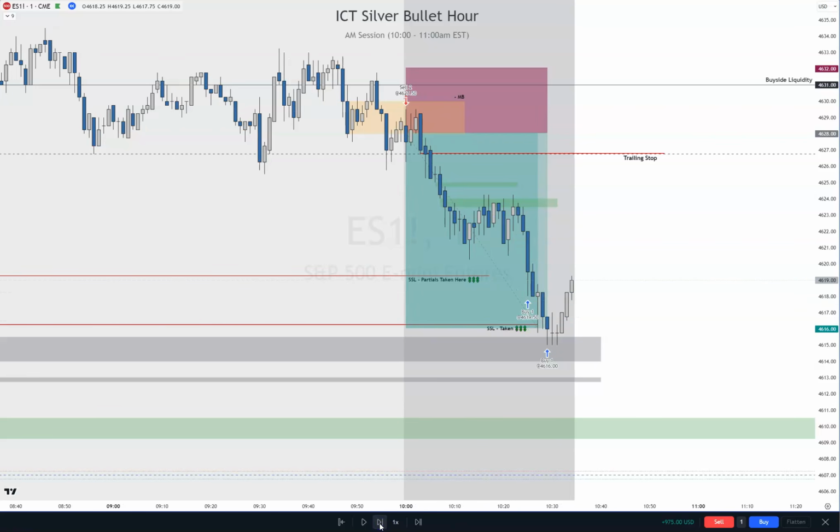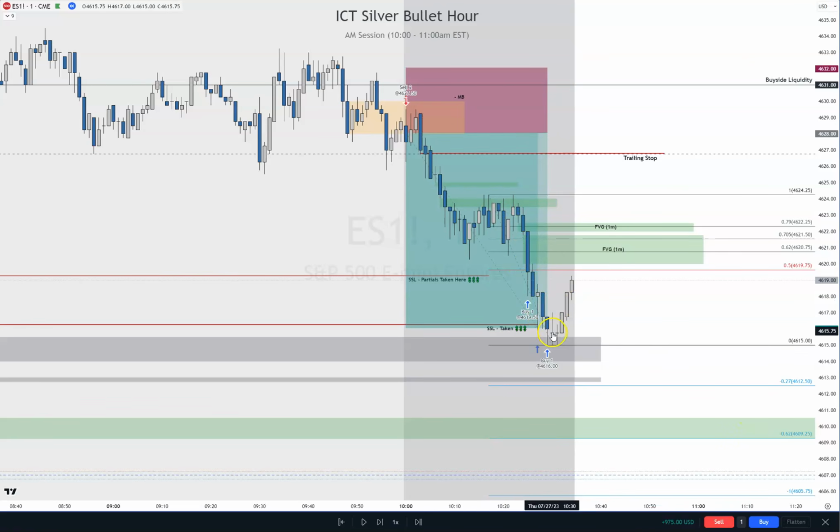Okay, so you've got some imbalances here. You have a fair value gap there. We have a fair value gap here. Okay, so if we pull the fib from here, it's high to low here. Here's right in optimal trade entry. So what I'm doing is I'm watching this right now. Okay, if it just blows right through it, I'm not looking for shorts. I'm just going to see how these react as